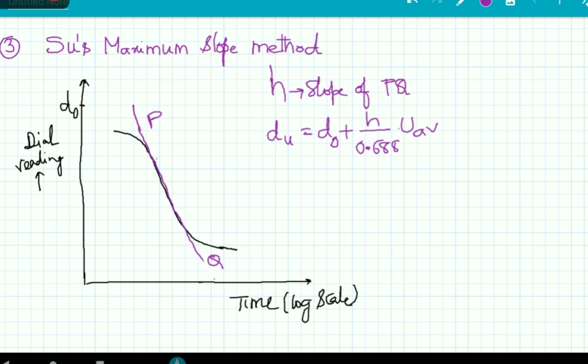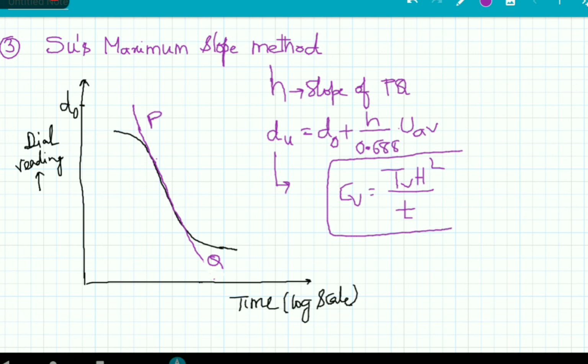So where du is the dial reading corresponding to any given average degree of consolidation. Now from equation of coefficient of consolidation, C nu equal to time factor into h square divided by t, we can calculate